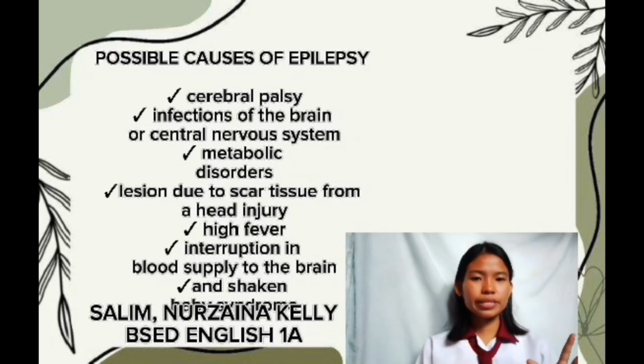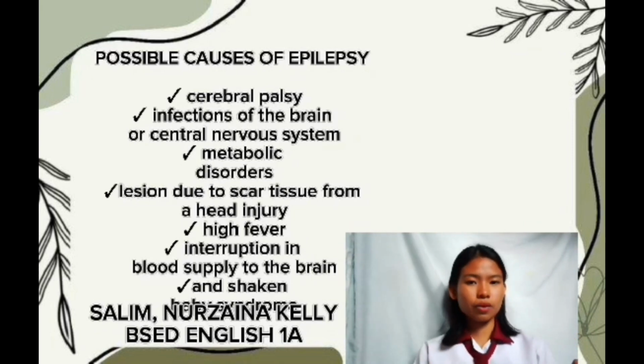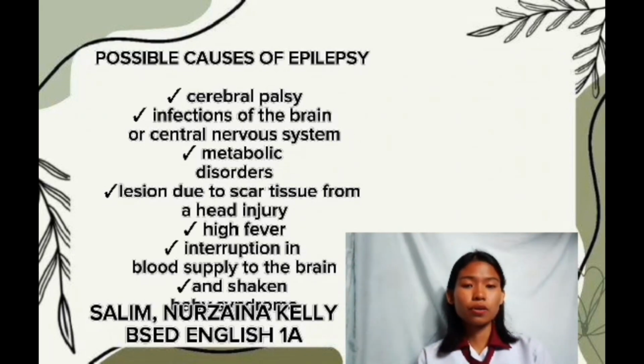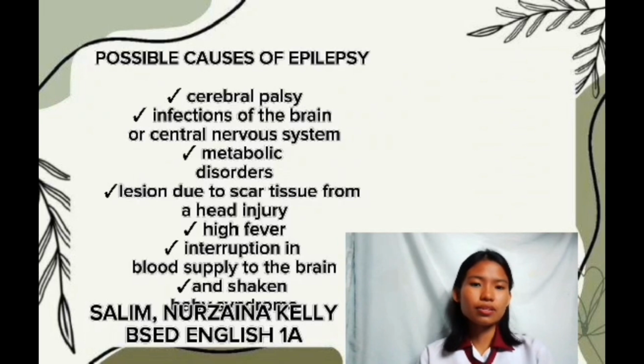Now we have is the infections of the brain or central nervous system, which is considered as health impairment. So these infections caused by bacteria, viruses, fungi, or other pathogens can lead to conditions like meningitis or inflammation of the brain and spinal cord membranes. Can also lead to